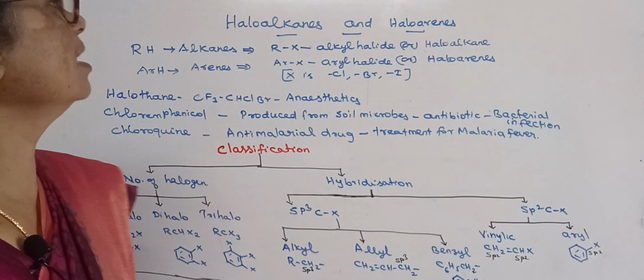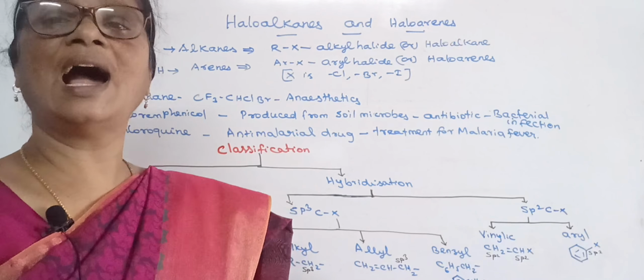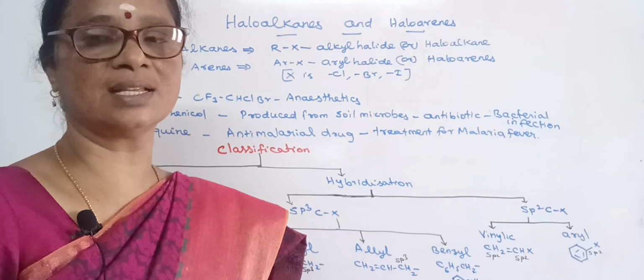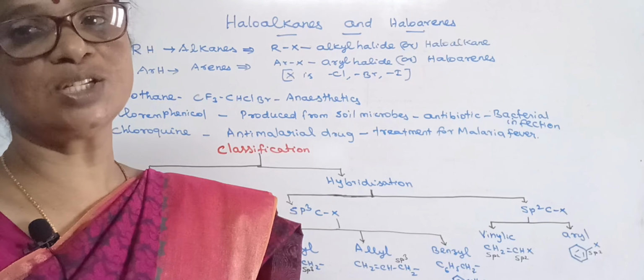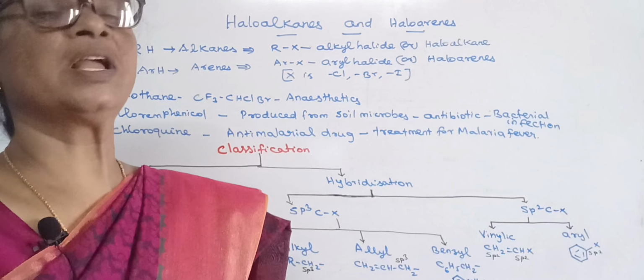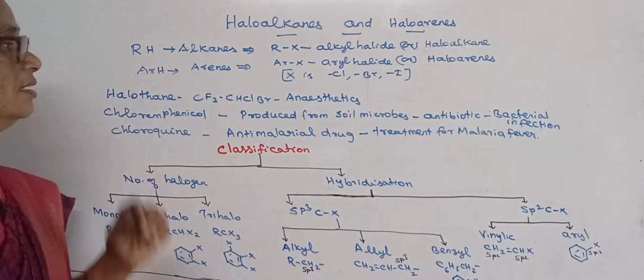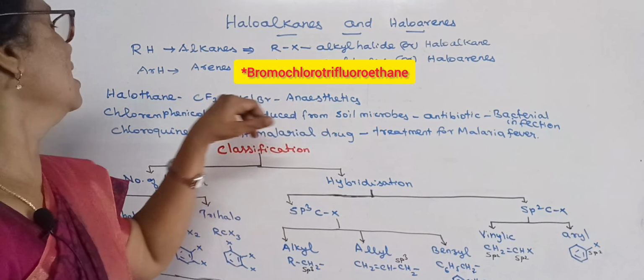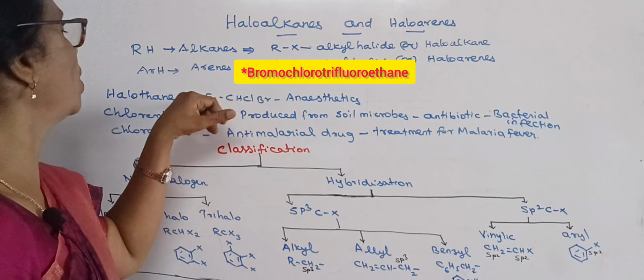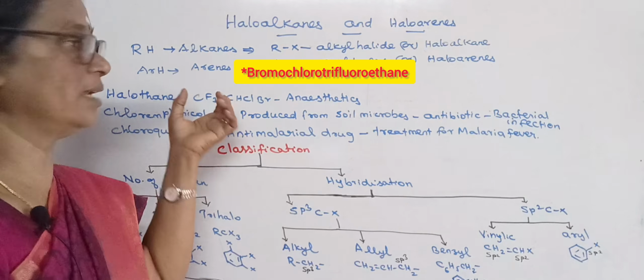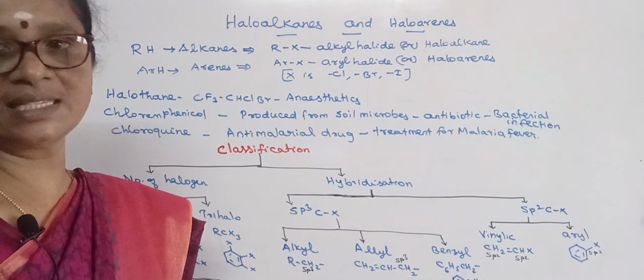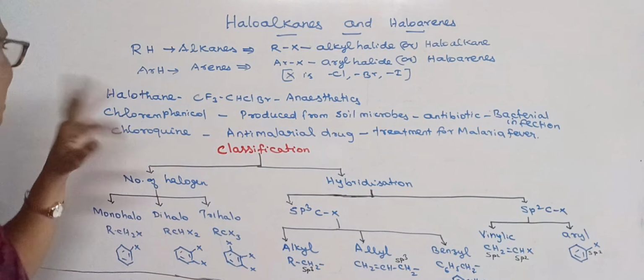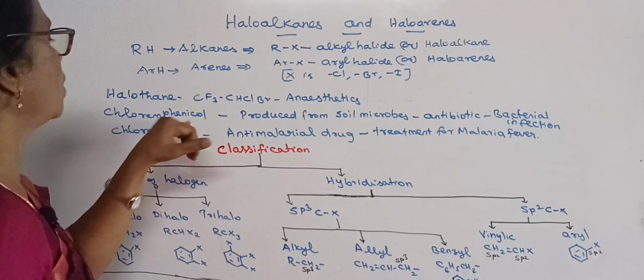Why do we learn about haloalkanes? Haloalkanes and haloarenes play an important role in our daily life. For example, halothane. It is used as an anesthetic. Halothane is trifluorobromochloroethane, that is called halothane, and it is used as an anesthetic in medicine, as well as chloramphenicol, chloroquine or